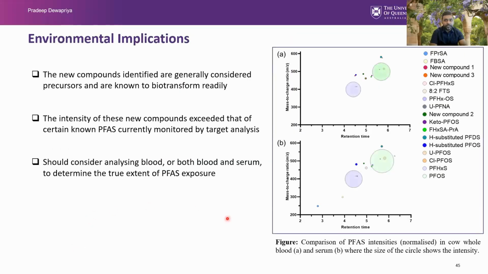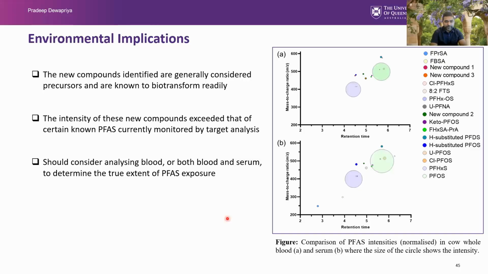Okay, we learned a couple of lessons from our workflow optimization. Firstly, we identified 3 new compounds from blood and serum samples that are generally considered precursors. These compounds in general readily transform into stable end-product PFAS, but detecting them in our cow blood and serum samples warrants further research on the fate of these